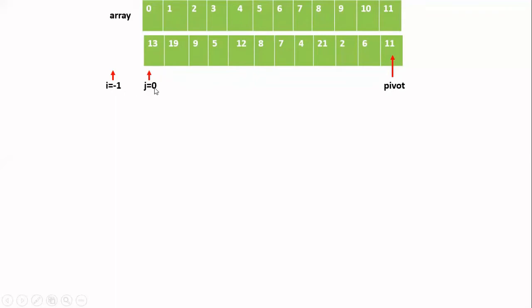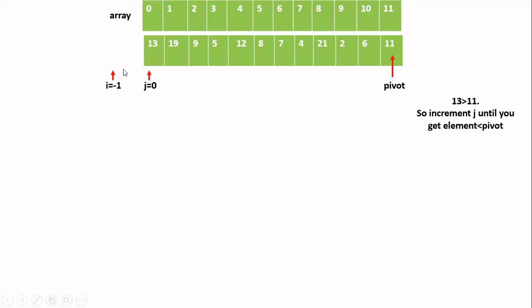Now i should be set to low minus 1. Low is here 0, so i is now 0 minus 1. It is set to minus 1. Okay, so now what is my next step? Once you fix the positions of all these things, next you have to check whether the value at a[j] is greater than the pivot element or not. Actually, it should be less.